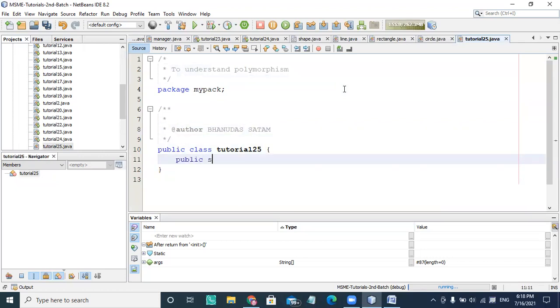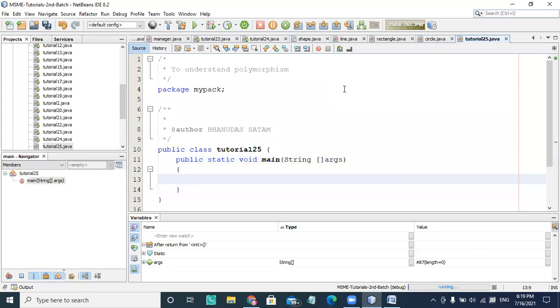Polymorphism we are using here. I create the public static void main with String args, and I'm creating the classes. This is not the polymorphism which I'm showing right now.